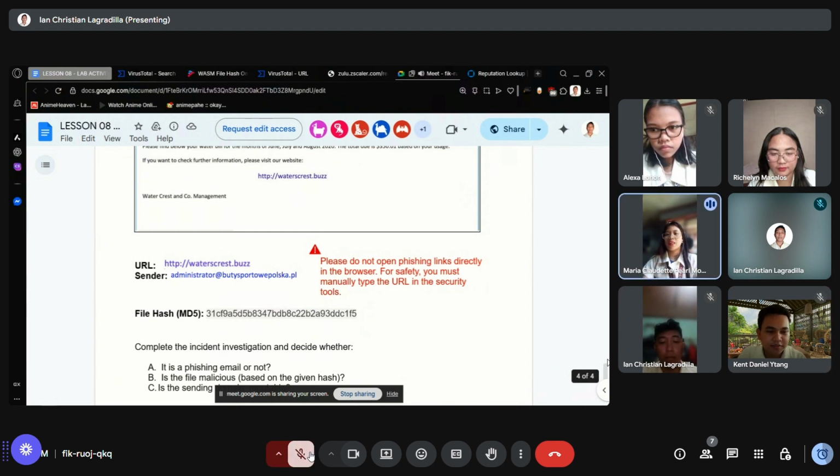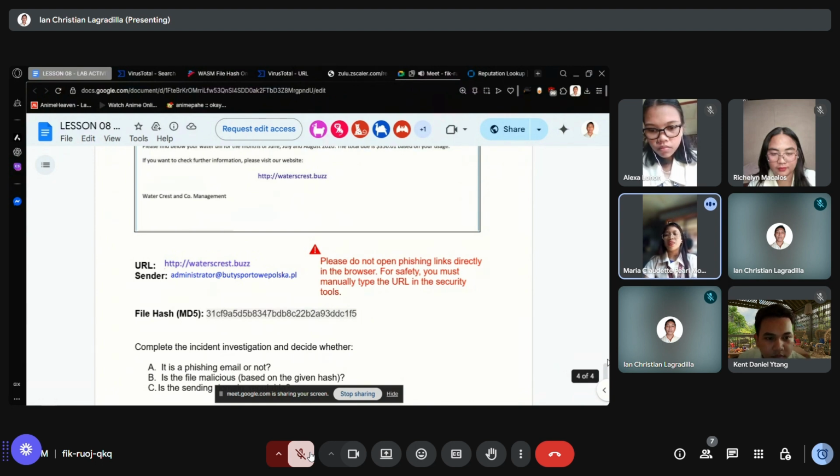An MD5 hash is like a digital fingerprint for a file. It is a unique sequence of characters generated by running the file through a cryptographic function. This fingerprint helps identify the exact file without needing to open it.